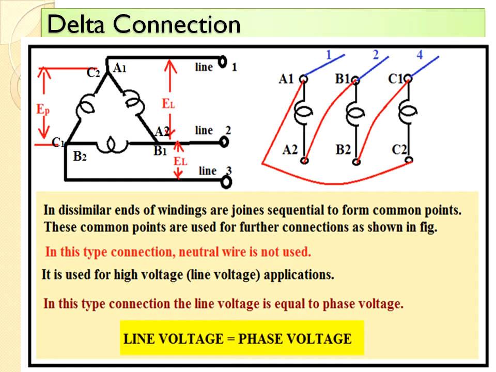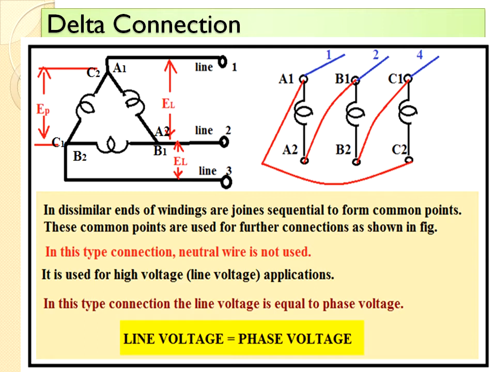Hence, three common points are obtained. You see there, A1, C2, A2, B1, C1, B2. Here in the electrical circuit diagram, observe once again, A1, C2 one point, A2, B1 another point, B2, C1 another point. It is one round starting clockwise: A1, A2, B1, B2, C1, C2. Three common points are obtained. Hence, such a type of connection is referred to as delta because it looks like a delta. So, it is also referred to as mesh winding.